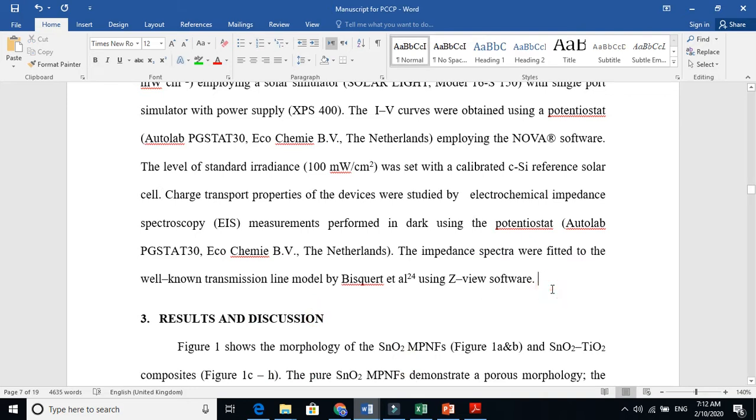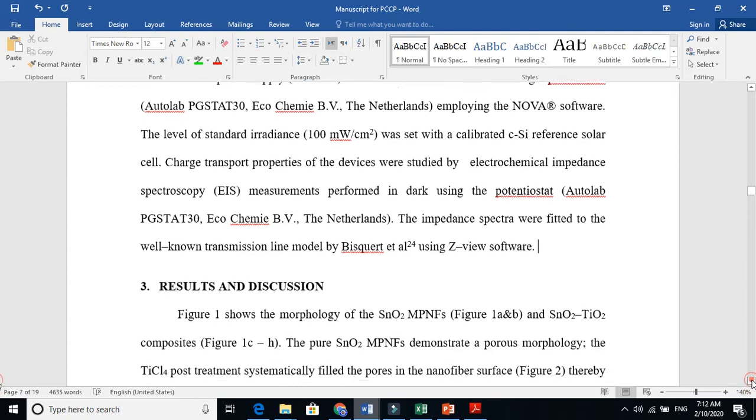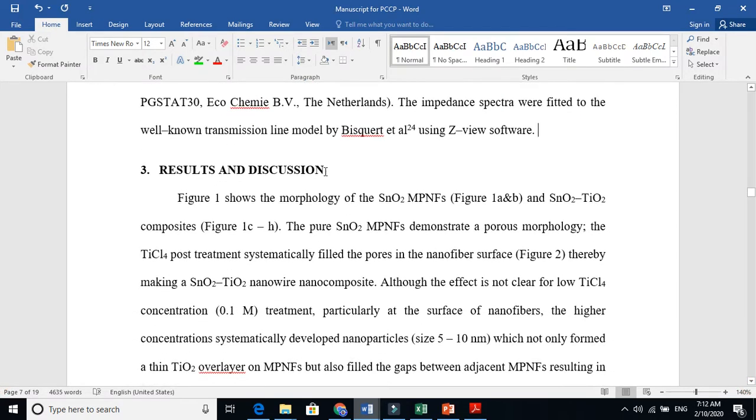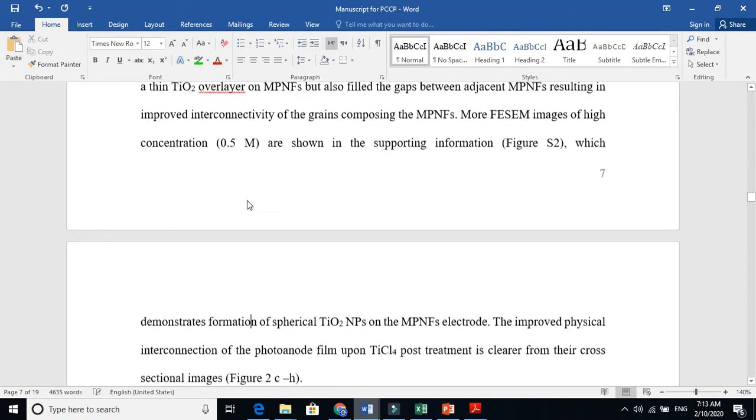This is my paper. In my previous video I explained the abstract, the keywords, the introduction, and the synthesis and characterization part. This is now the result and discussion part in your paper. You see, I just directly attacked those characterizations. I just say the figure 1 shows. Where is figure 1? For example,